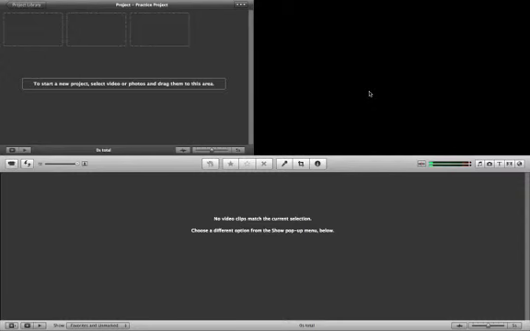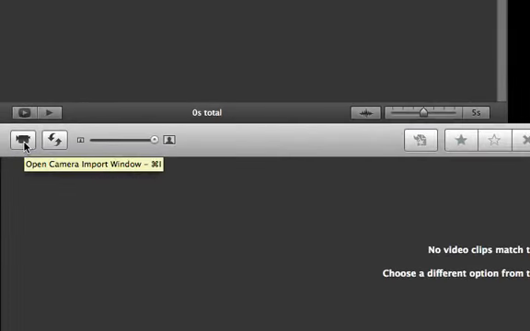As you can see, our project is currently blank. So in order to create an iMovie, we must first create a video to create our movie. There are two ways to do this. One, import a movie, or two, we create our own video using this icon here. And if you click this icon,